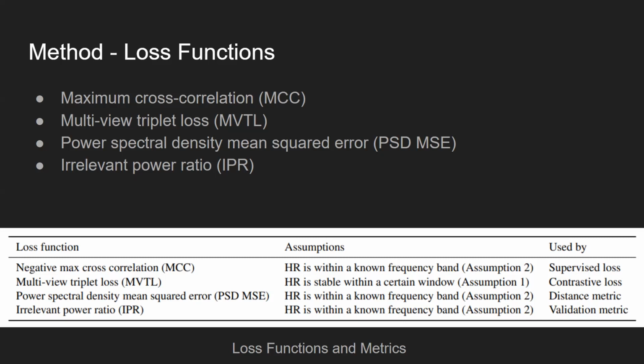There's also multi-view triplet loss, or MVTL, which is the loss function used for contrastive training. This enforces that the heart rate is relatively stable within a certain window and ensures that the signal within each view appears similar. Next, there is power spectral density mean squared error, or PSD-MSE, and it is